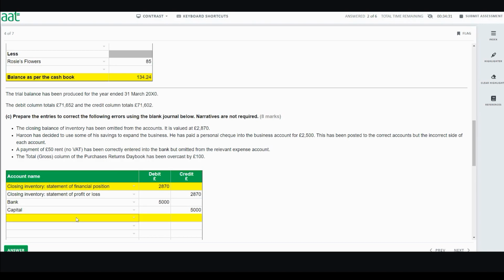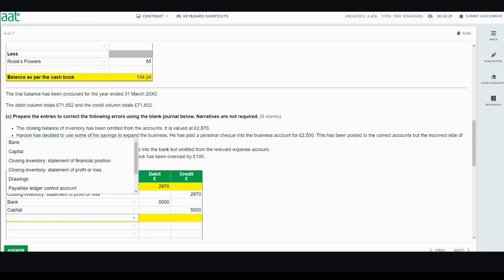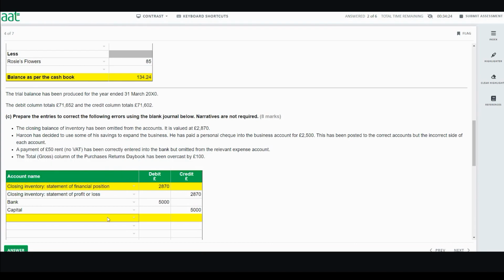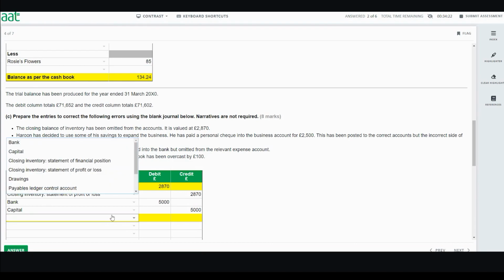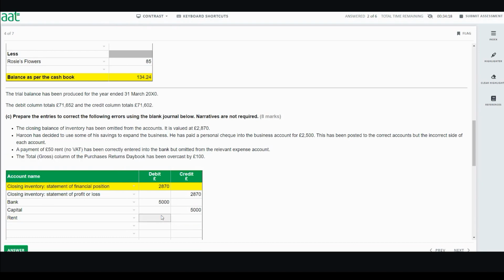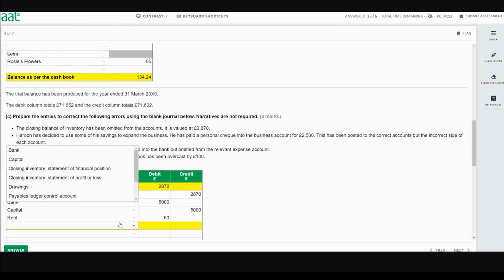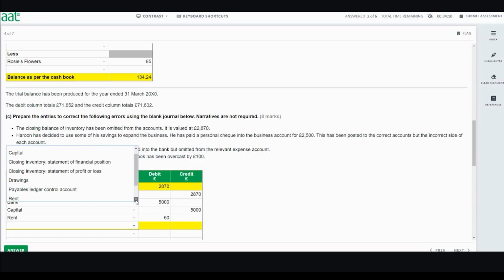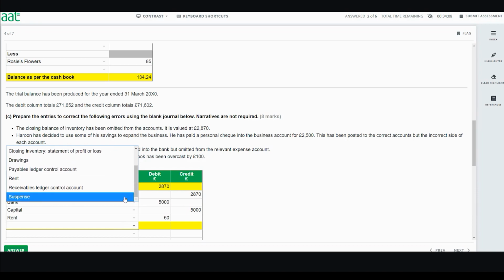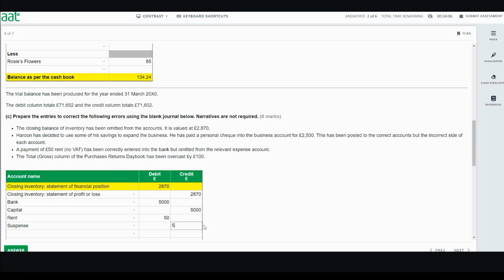Okay, so to correct it, what we need is a rent account. Rent, which is an expense, so that's going to be a debit of 50, and then we're going to credit the suspense account to get rid of that original entry that we had to make the accounts balance. Okay,